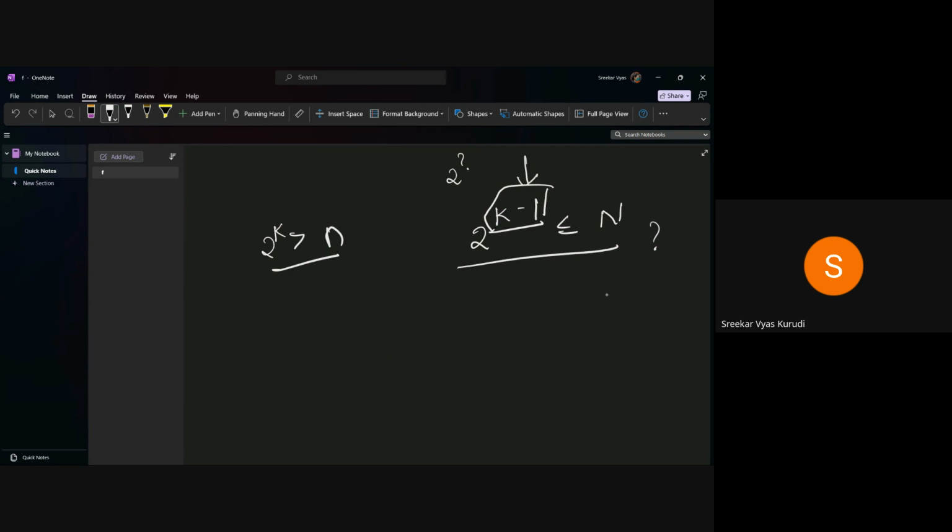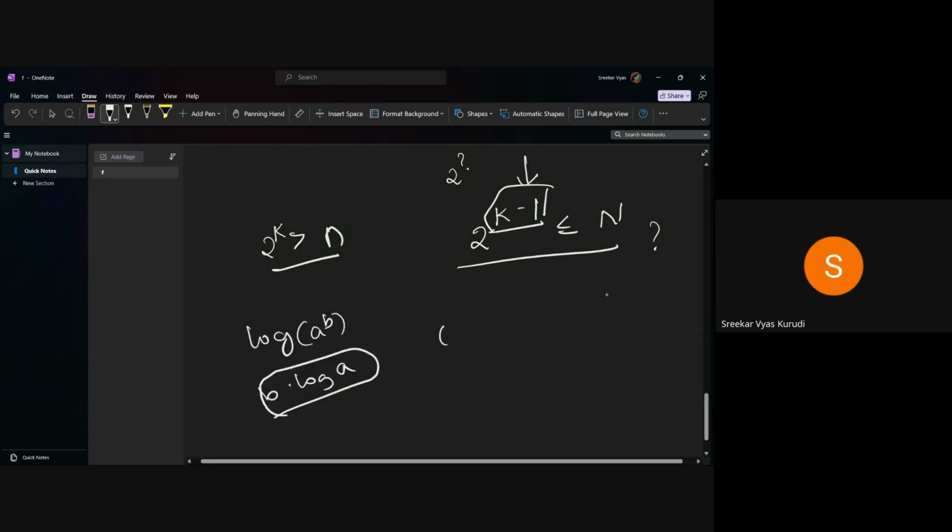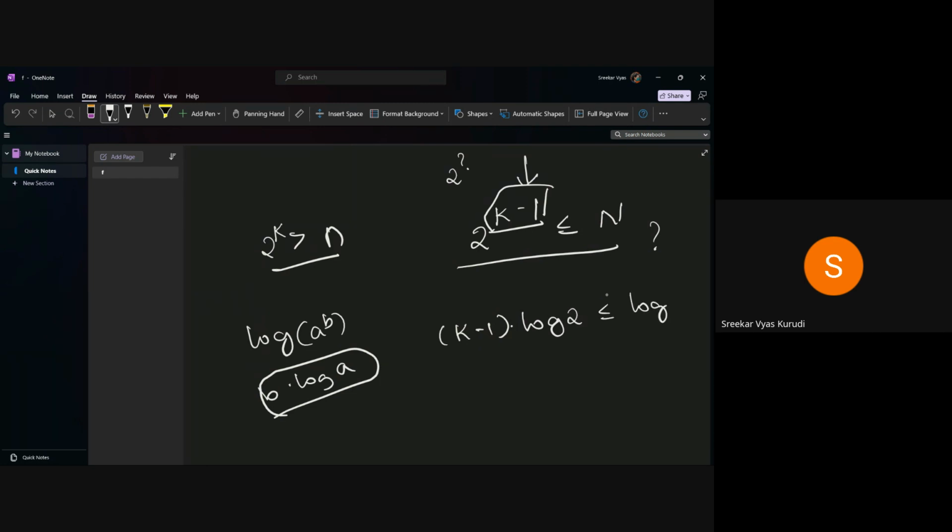So now that 2 to the power of k minus 1 is less than or equal to n, what I will do is I'll apply a binary logarithm on both sides. I'll apply log 2 on both sides. I hope you know this property of logarithms: log a to the power of b is equal to b times logarithm of a, right? So now that I apply logarithm on both sides, this is k minus 1 times logarithm of 2 is less than or equal to logarithm of n,